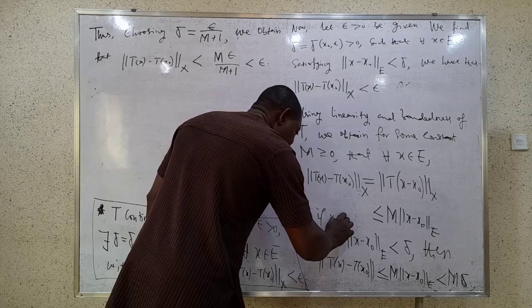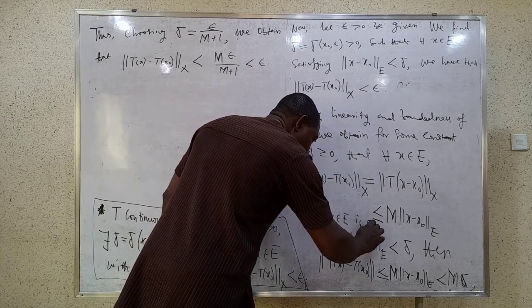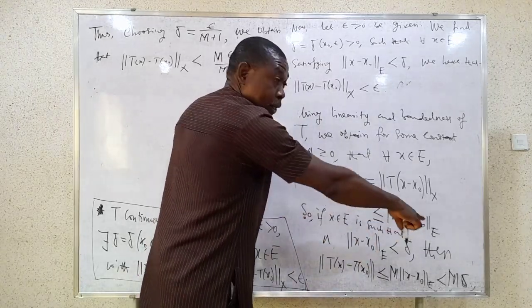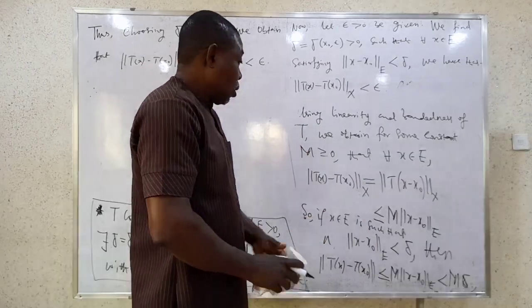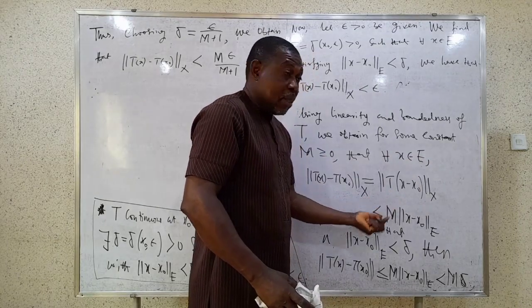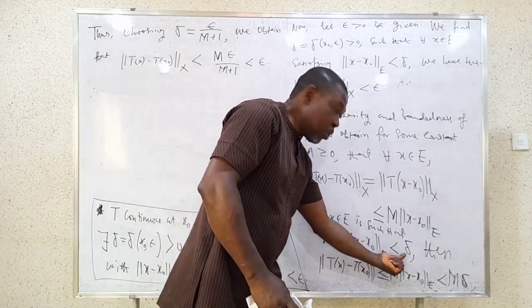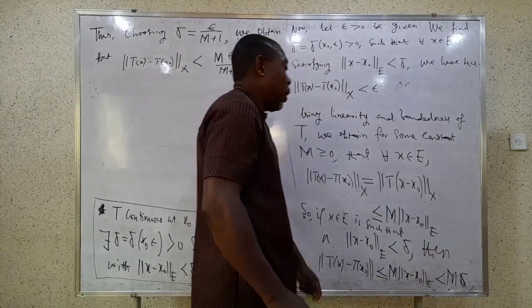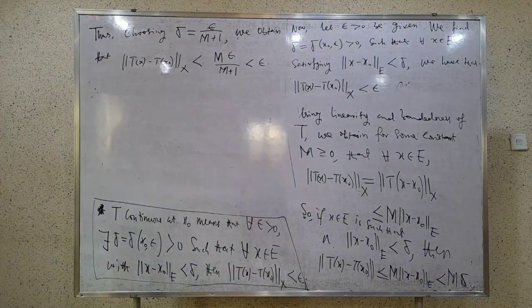If x in E is such that this is less than delta, then this will happen. This is happening for all x in E. Then for those x in E for which this is less than delta, this is what will happen. Does it make sense? So from there, the delta now depends on